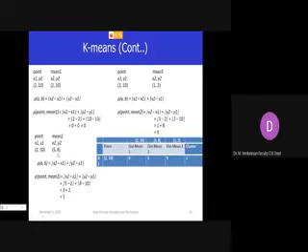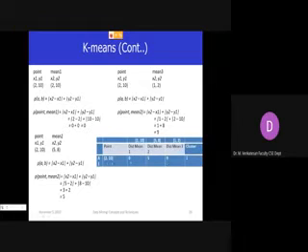That is 5 minus 2, which is 3, and 8 minus 10, which is minus 2; since it's a modulus, it will be plus 2. So 3 plus 2 is 5. Then the distance between A1 and the centroid of cluster 3: the point is 2, 10 and the centroid of cluster 3 is 1, 2. If you do the computation, we will get 9.